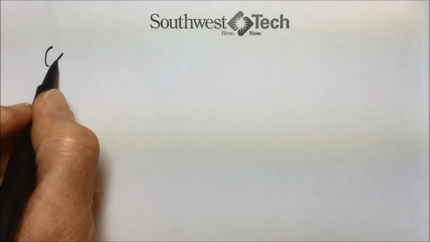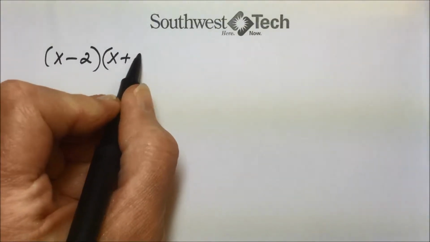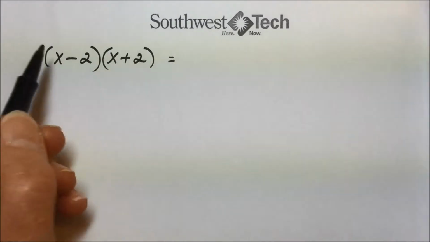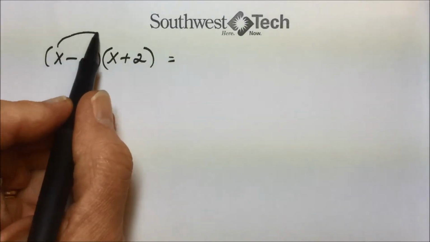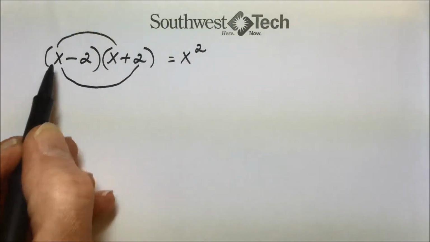Section 5.5, Factoring Differences of Squares. When you have a binomial times another binomial, and the only difference between the two binomials is the sign between the first and second term, we find that when we multiply these using the FOIL method, first terms multiplied gives us x squared, outside term